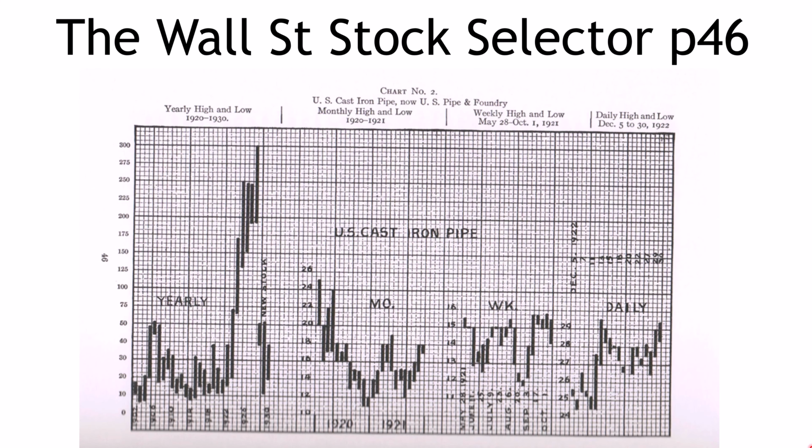Let's kick off with the Aussie dollar, US dollar. And for those who are new, I like to look at the currencies using this page here, taken from WD Gann's second book, The Wall Street Stock Selector, page 46. You can see Gann had his charts lined up side by side, yearly, monthly, weekly, and daily. I like to do it slightly differently, as you'll see in a moment, and I have the monthly, weekly, daily, and the 4-hour chart to assess. But it's very important, whatever timeframes that you like to trade, that you consider multiple chart timeframes. It's very hard to get a complete picture, whether you're looking at a daily or a weekly or a 5-minute trade. It's hard to get a clear picture just from one time frame.